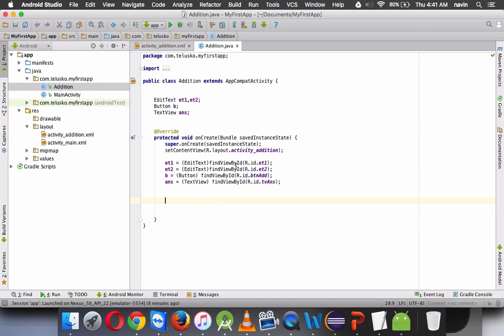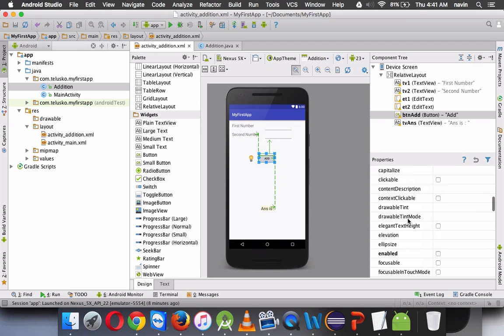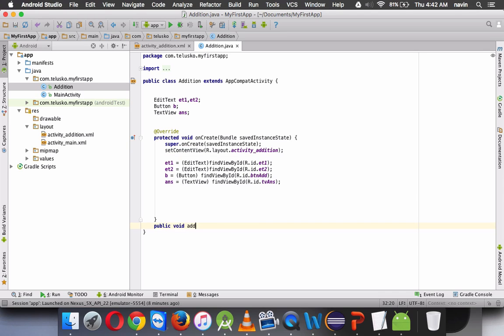Now once you have these four components, you have to assign the listener to the button. Now how to assign the listener? Just go back to the XML or your design, click on this add button, and search for the onClick event. You can see it's here, and as soon as anyone clicks on the button, just call a method which is add. As soon as you mention add there, you can see there's a symbol called m, which represents a method. So in your Java code, you just have to mention that you're working with a method